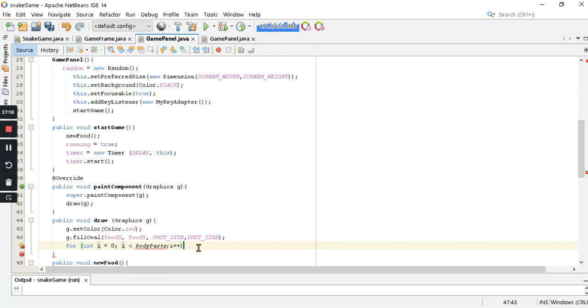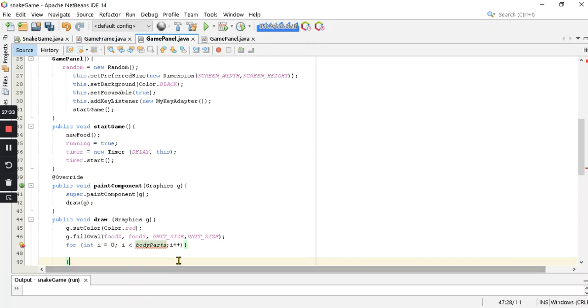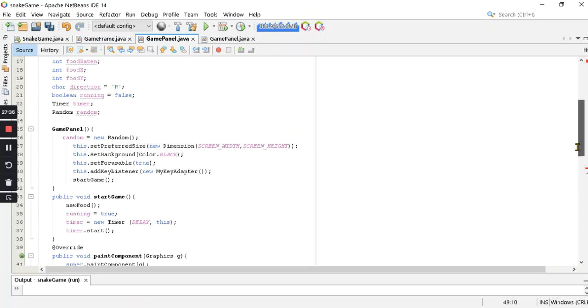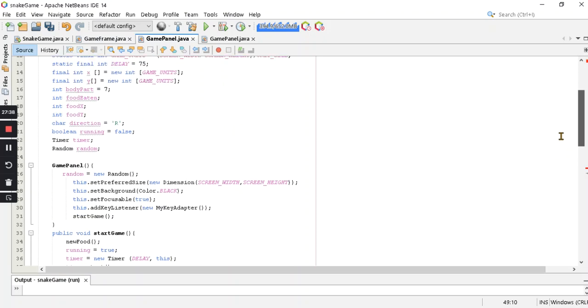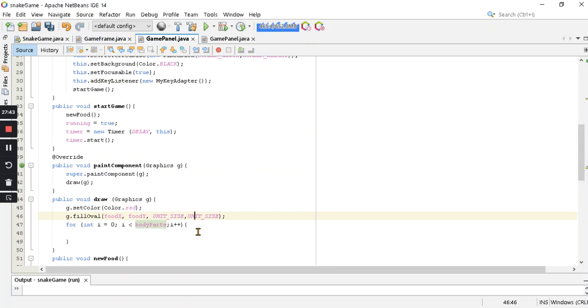Okay. Parts. Okay, and then if index i is equal to 0,